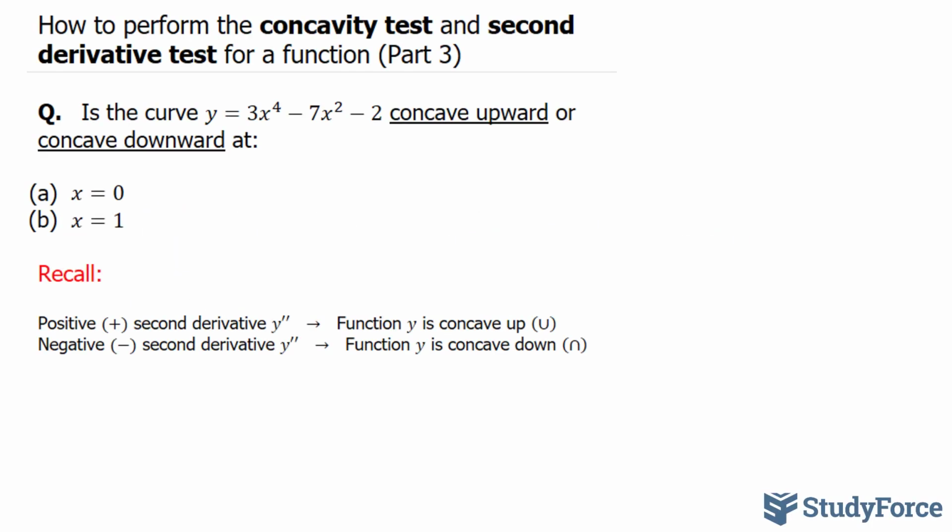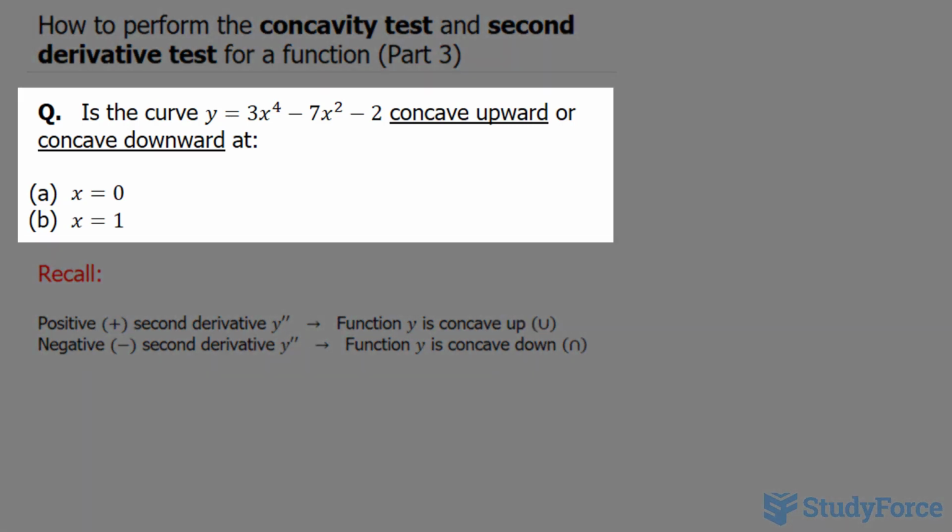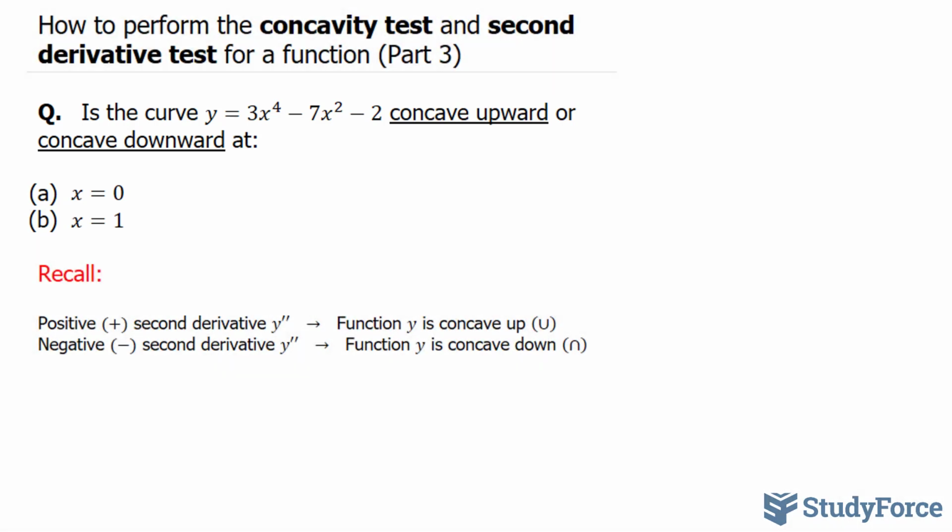In part 3 of this lesson, I'll show you how to perform the concavity test and second derivative test. The question reads, is the curve y is equal to 3x to the power of 4 minus 7x to the power of 2 minus 2 concave upward or concave downward at the points x is equal to 0 and x